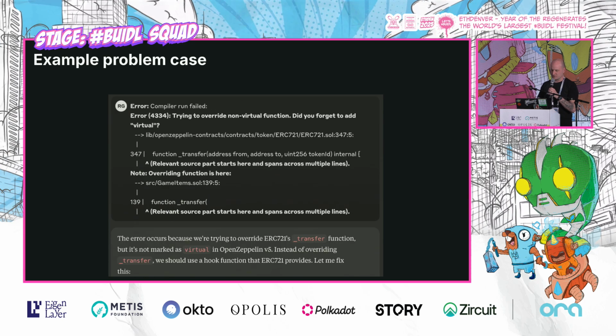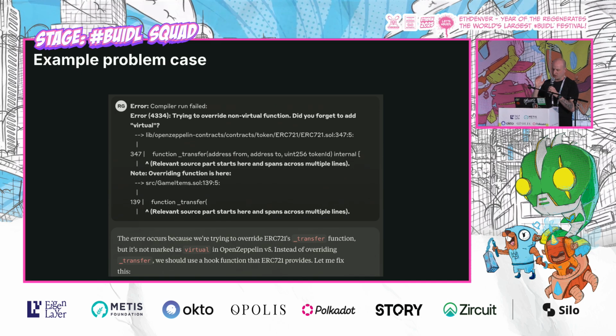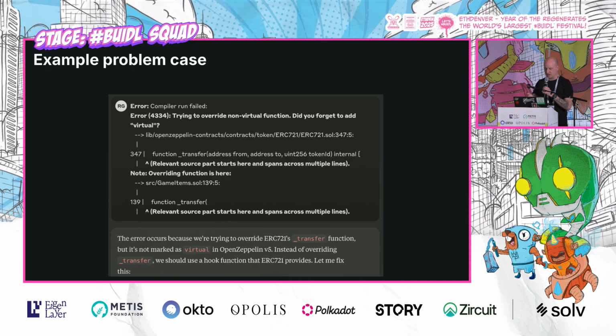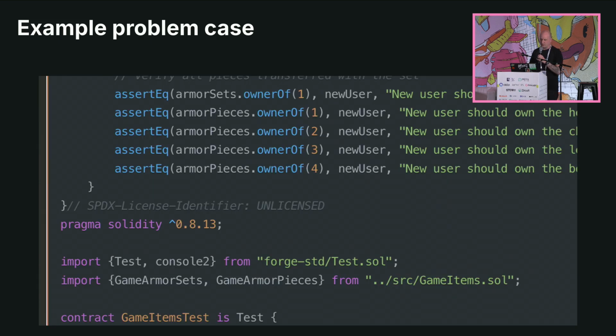This just continues. Again, it's like, oh, okay, well, now in OpenZeppelin v5, something changed. It's now virtual, I gotta change it. And I'm like, okay, well, let's keep going. Still can't compile the code it gave me, and it said, okay, we're getting somewhere. We just need to make sure that we have the right imports, that we're now using the hooks. And finally, it generated code that compiled except for the test,